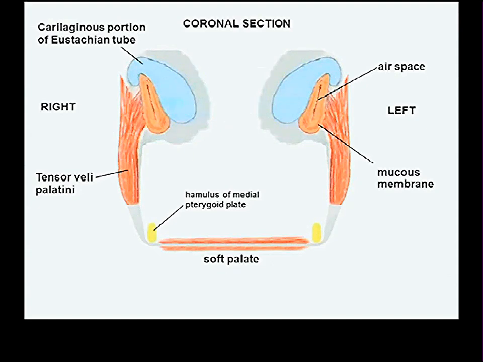And when they contract, they will pull open the eustachian tube and allow air to pass freely between the nasopharynx and your middle ear. Now they contract at the same time all the rest of the muscle contracts. And the rest of the muscle, which arises from bone, all the fibers, whether they arise from the lateral wall of the eustachian tube or from bone, they all converge on a tendon, which turns around a little thing called the hamulus of the pterygoid plate, which you should find on a skull if you haven't found one yet.